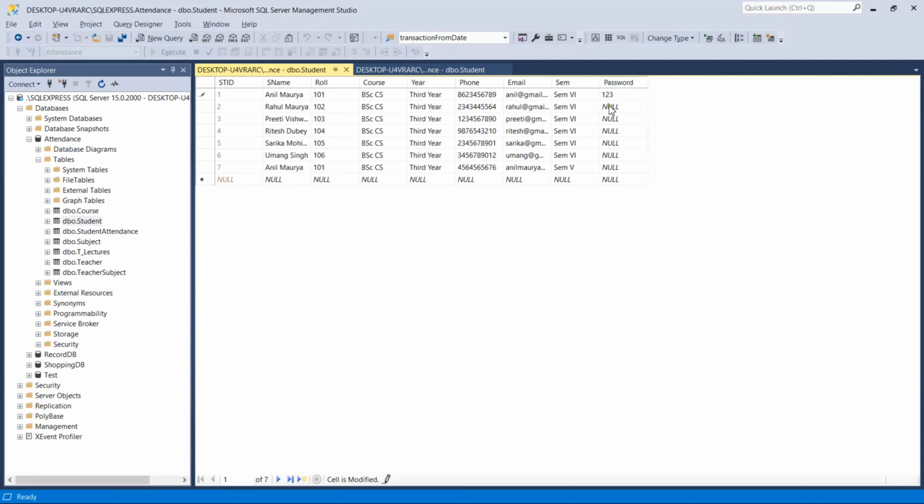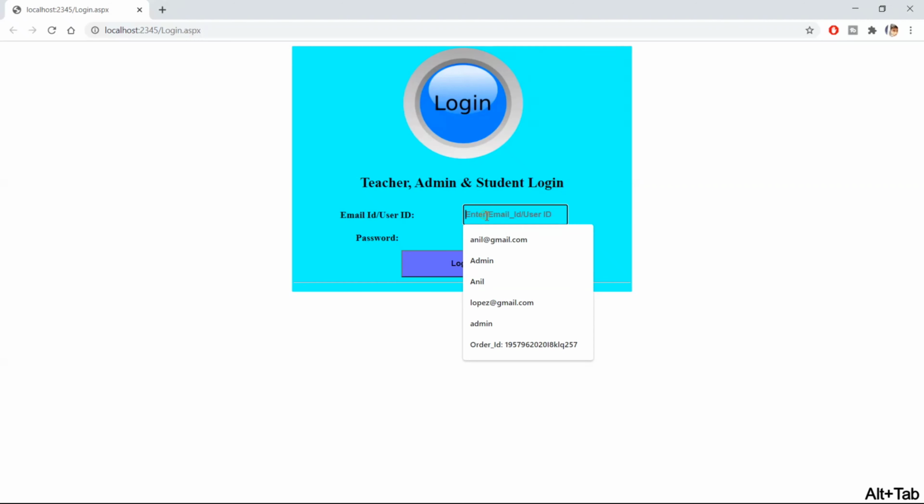I am just giving the usual password, that is 123. So let's see, with this login email and the password we are going to log in here.